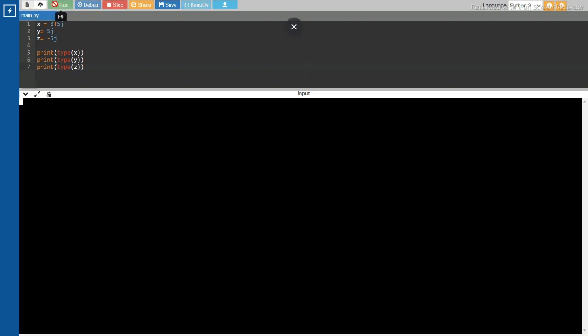See, now let me run this code. See here, these three are defined as complex. In the first case, I added the complex number with an integer, and in the second case I took only the complex number, and in the third case I added the negative sign to the complex number.